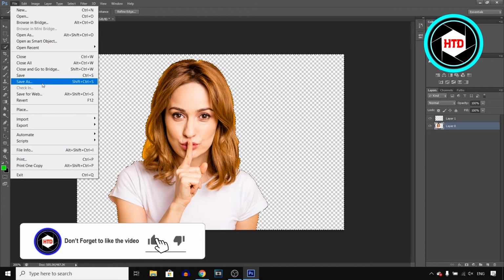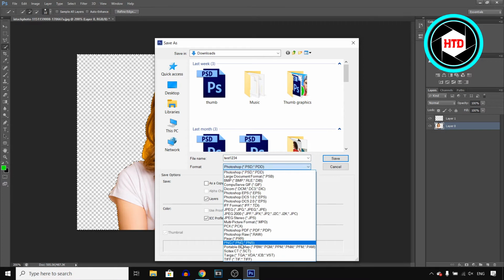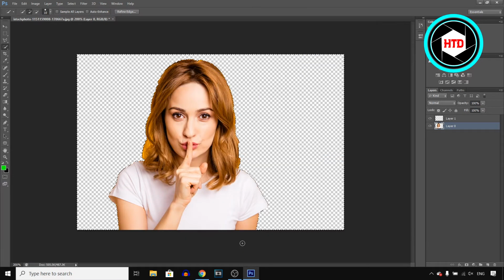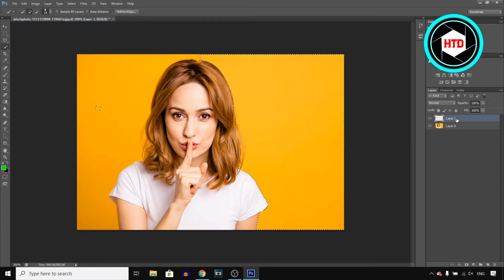Then you want to save that. So I'm going to save this. I'll just save it as test1234, and then you want to make sure to save it as a PNG file so that it's transparent. Now next up, you want to go a few steps backward and just delete this layer